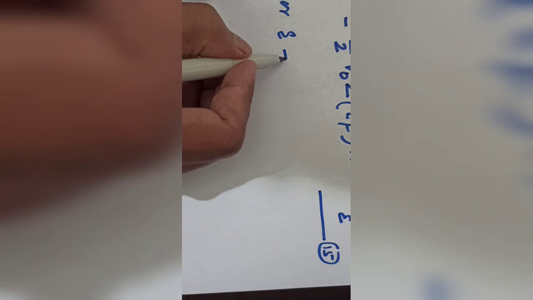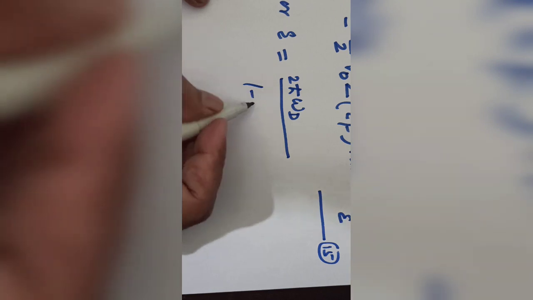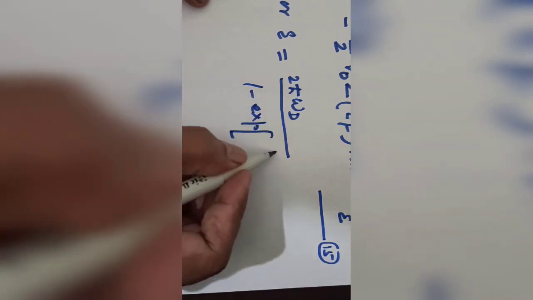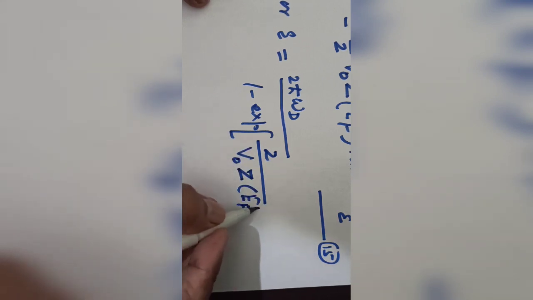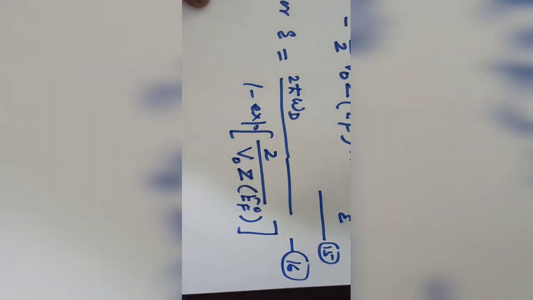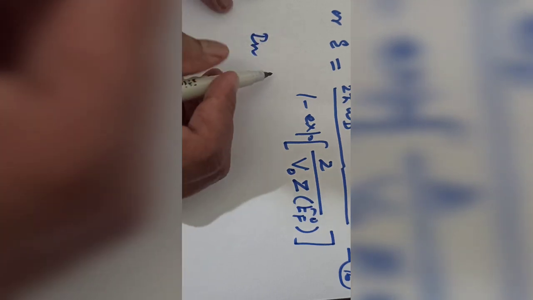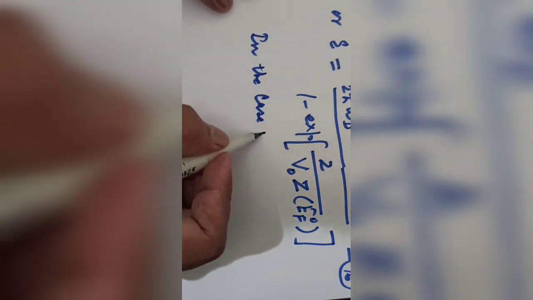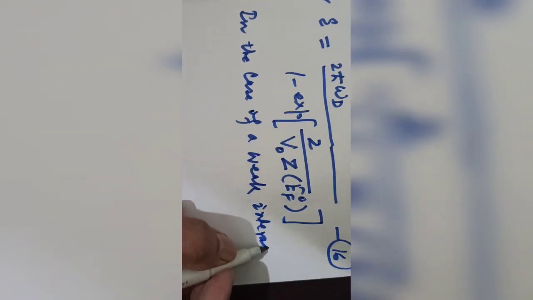or we get E is equal to 2h cross omega d divided by 1 minus exponential 2 upon V naught Z EF naught. This I give equation number 16. Now, in the case of weak interaction,